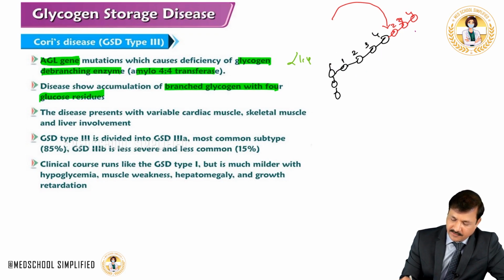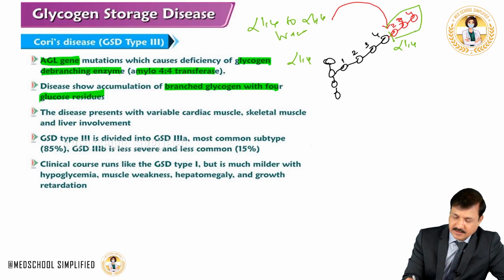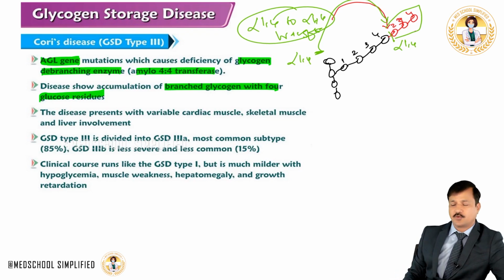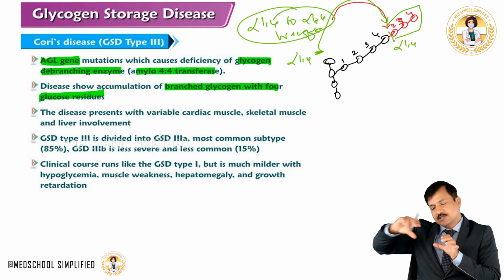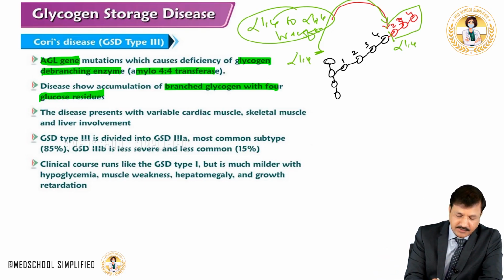So now what we have here is the formation of an alpha 1,4 bond. So an alpha 1,4 bond is broken down and an alpha 1,4 bond is created to add these 3 glucose residues. That's why the debranching enzyme is referred to as alpha 1,4 to alpha 1,4 transferase, because it breaks an alpha 1,4 bond, transfers that to the other branch, and creates an alpha 1,4 bond. Now that other side branch is elongated by 3 more glucose,